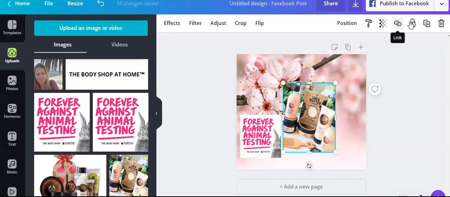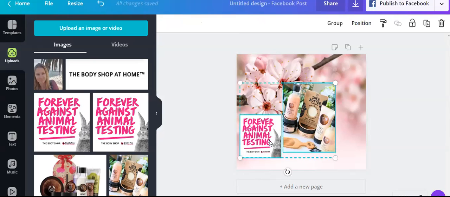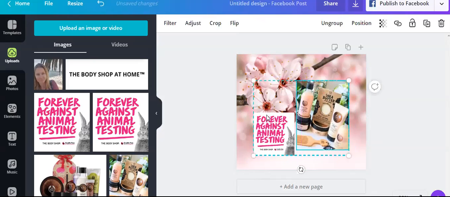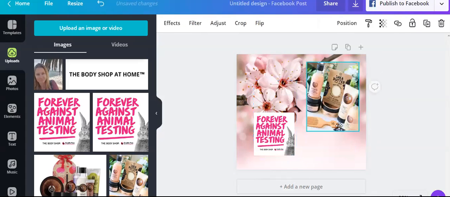Let's see, link, group. Okay, if you hit, it's control, no, it's shift. So now see how those are kind of together? I can hit the group button, and then if I click back on it, it's gonna move together. So if you've designed something maybe with like text and a graphic in the middle, and you want it all together, you're gonna hold down the shift button, and then you're going to hit the group. Now, I don't want them grouped together, so I'm gonna hit ungroup, and looky there, they've moved around. Okay,